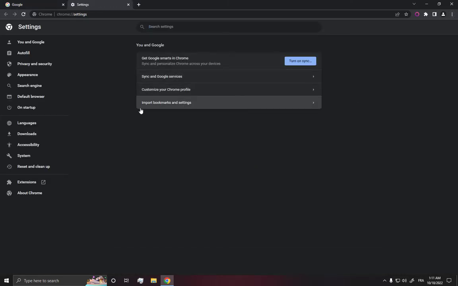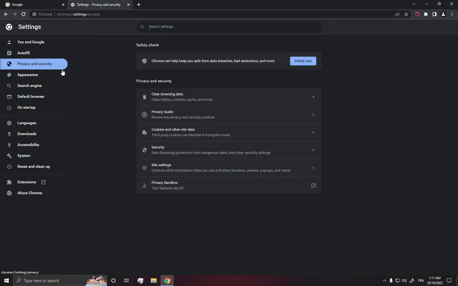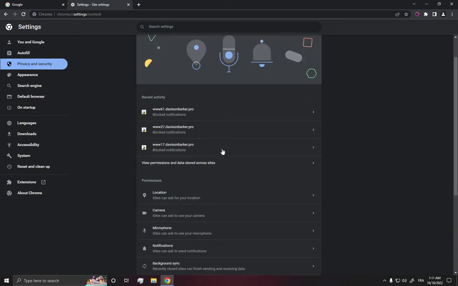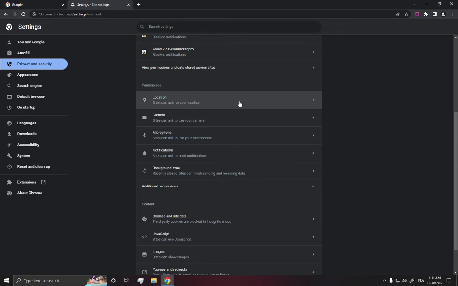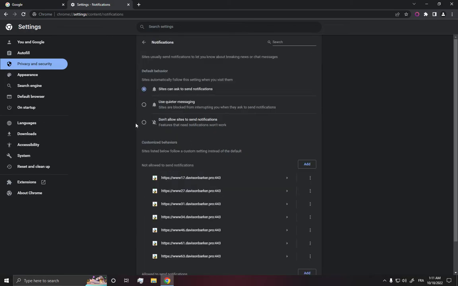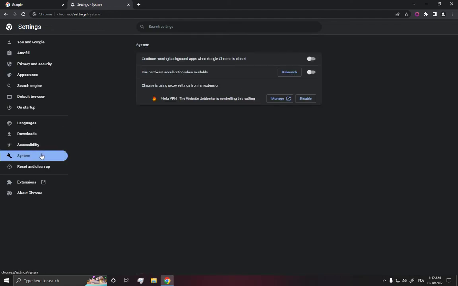Now all you have to do is simple. Just go to privacy and security and go to site settings and make sure to disable the location and the camera and the microphone and the notifications. It's easy to turn off. Just click on it and click here on don't allow, and after that go to system,